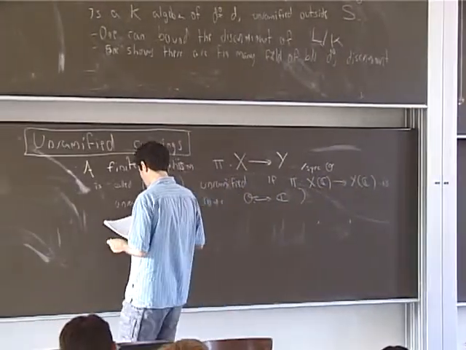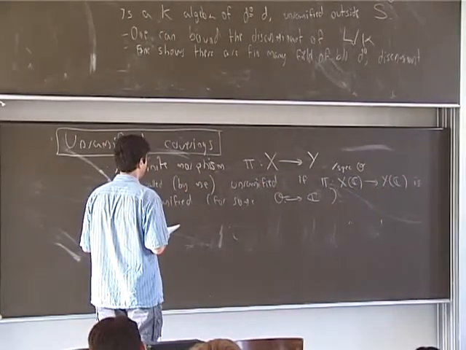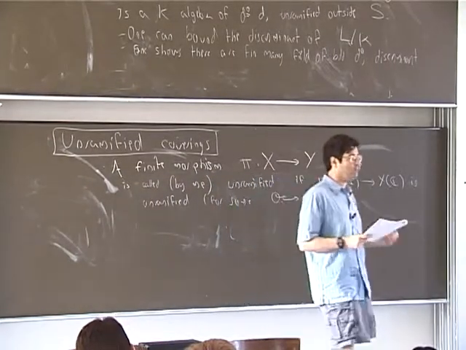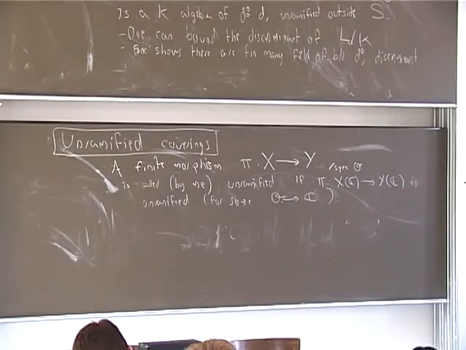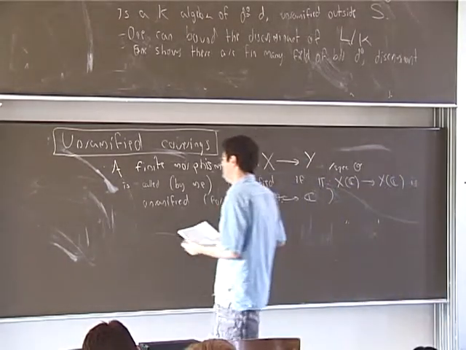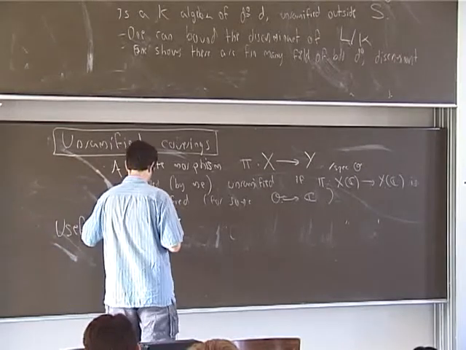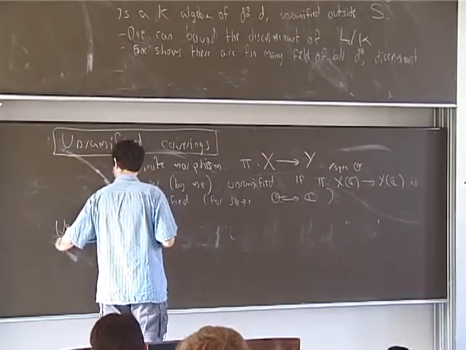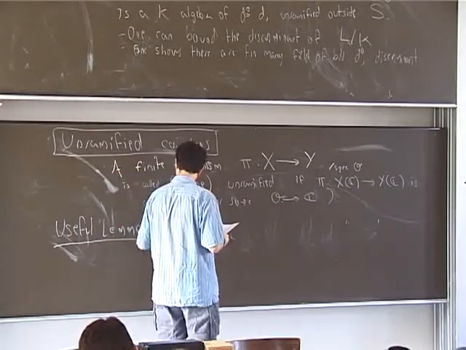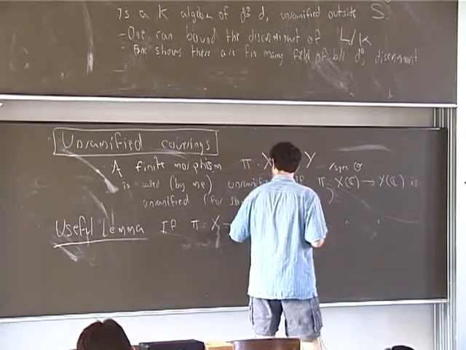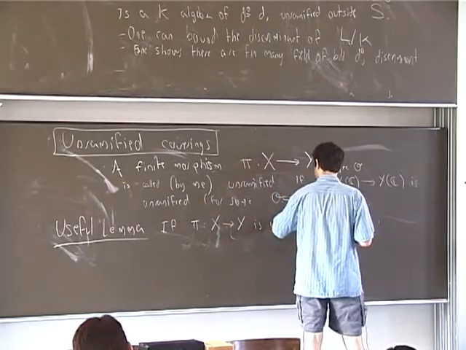Now, I want to state a useful lemma. Whenever you have two curves that are related in this way, you can ask what is the relation between the rational, or the integral points rather, on one and the other. And it turns out that one can say something interesting, or useful at least. The useful lemma is the following. If pi from X to Y is unramified in this sense,